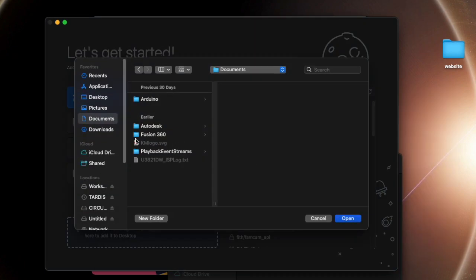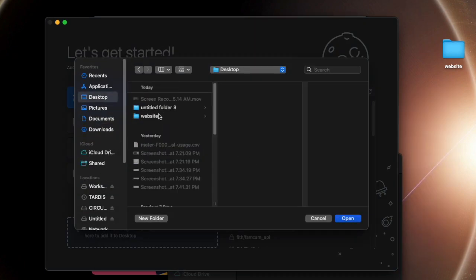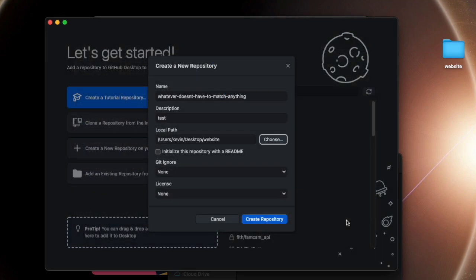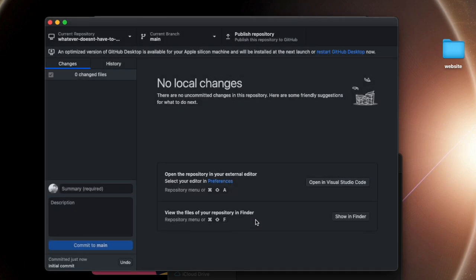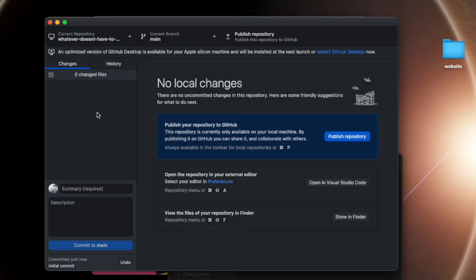Tests. Need to just browse to whatever folder. I pick this one with my site in it. This actually poses a problem later. I'll show you. I included it because it'll help maybe. Click create. And to do that, I actually have to push it up to the website, publish it, get that